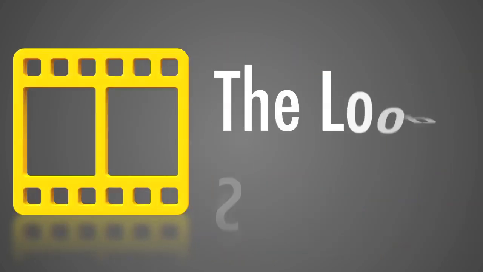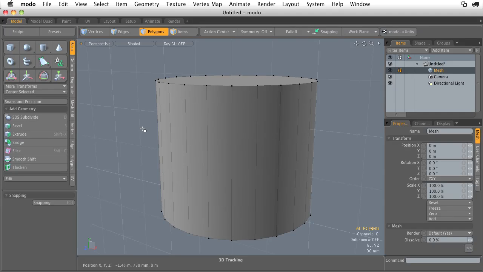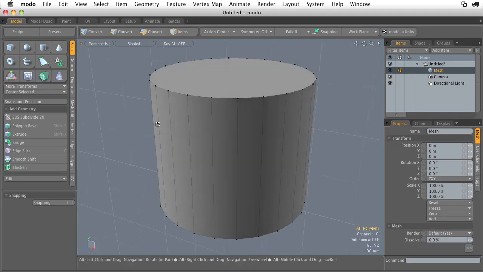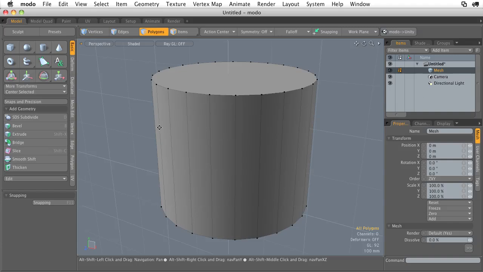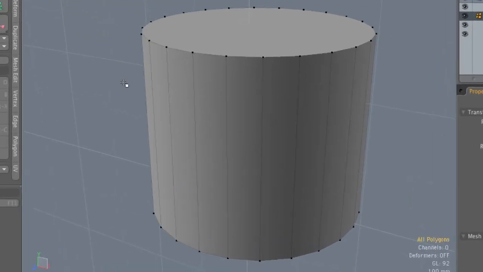In this video, we're going to be exploring the loop slice tool. Now, as you can see here, I just have a very simple model, just a very simple cylinder. Okay, and before we get jumping into the loop slice tool, we need to discuss and go over what a